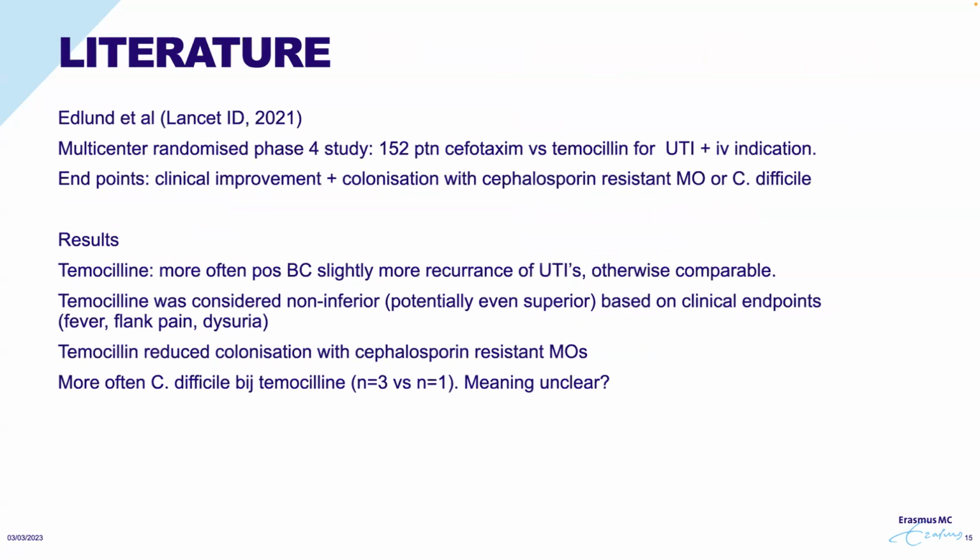So briefly, what is the literature and why don't we know that much about Temocillin? There is actually a Lennert paper from 2021 that describes cefotaxime versus Temocillin for urinary tract infections. And those patients got this drug intravenously, and the endpoints were, I think, well, Nicola has also studied the urinary tract infections. They always look at clinical improvements, but it's more or less fever, flank pain. But also they look at microbiologic